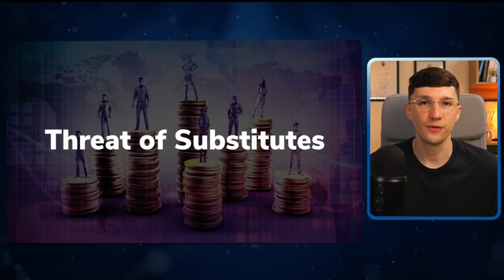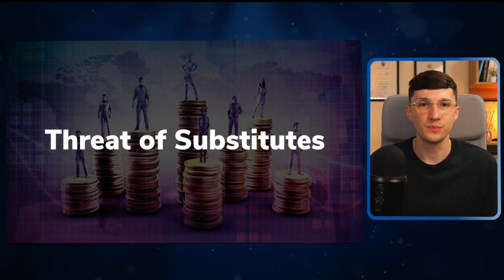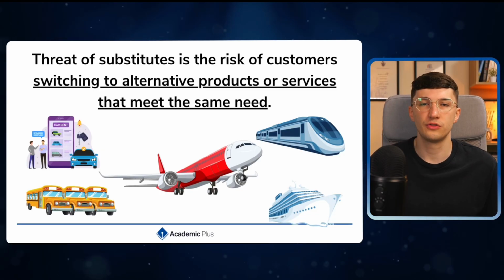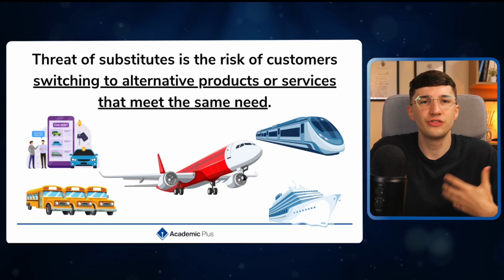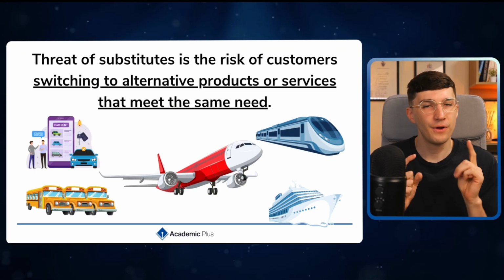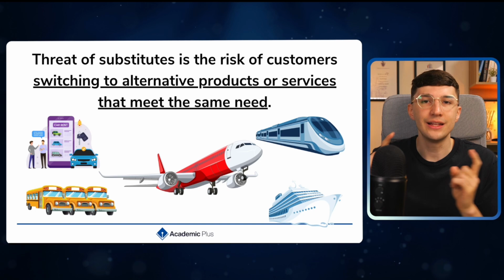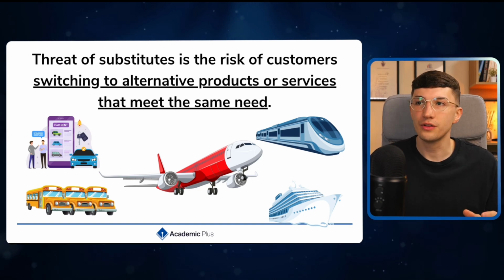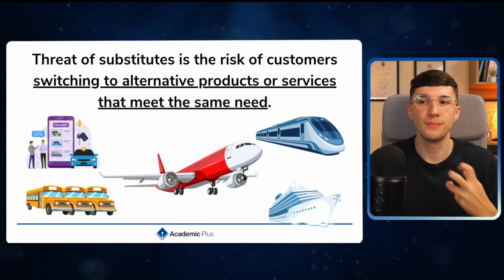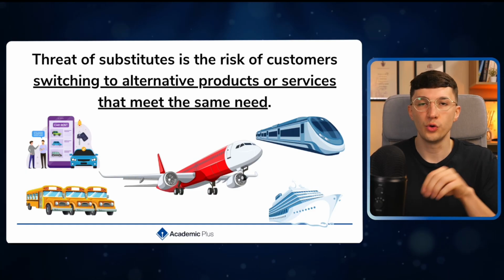The next one of Porter's 5 forces that we have is the threat of substitutes. Now, when we think of substitutes, sometimes students tell me, well, it's just their direct competitors. But that's not what the threat of substitutes is all about. It's actually those indirect competitors. It's those products and services that can still serve similar customer needs and wants of your product or